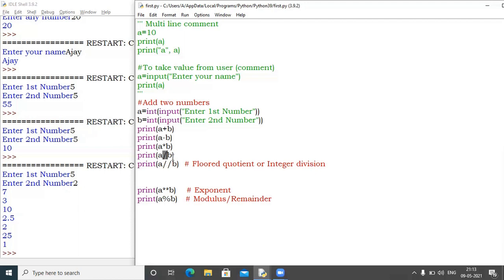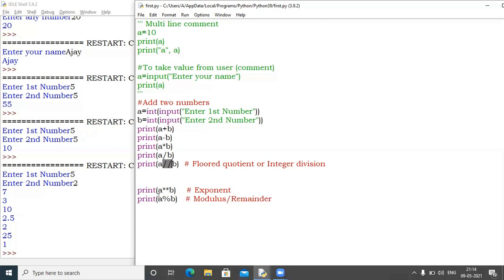If your answer is 3.0, you will still get 3.0. If there is no value after the decimal point, you will still get 3.0. Here you will always get a value after the decimal, whether you have some value or you don't.